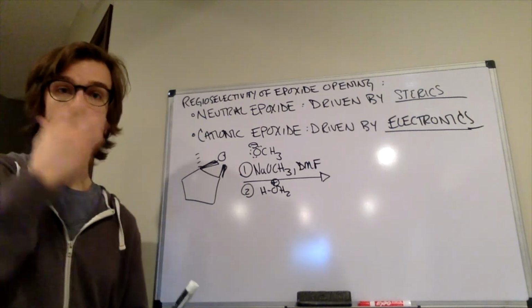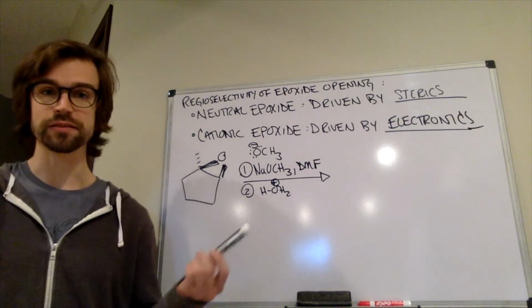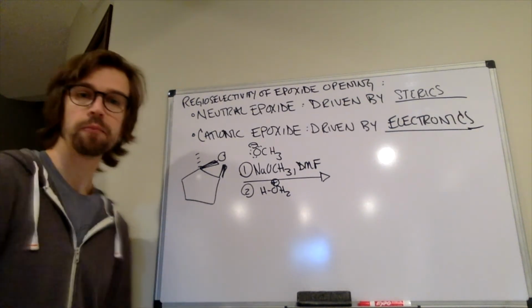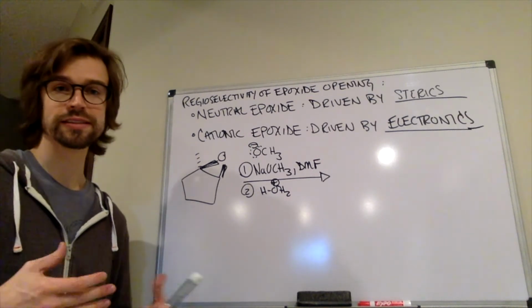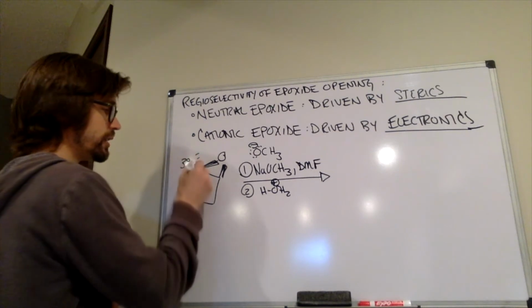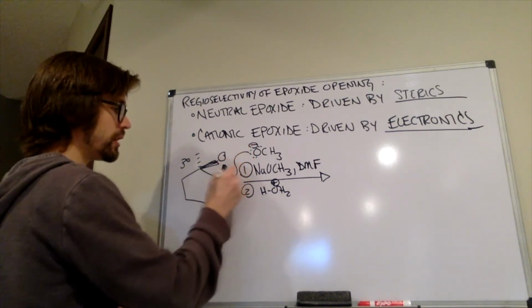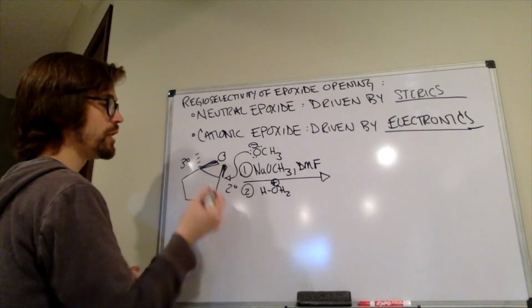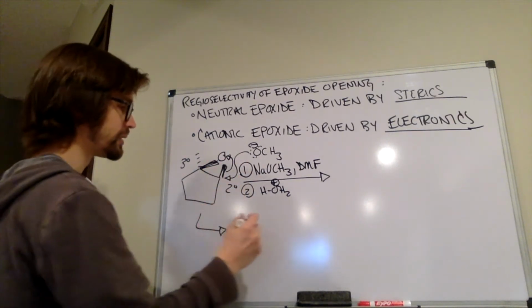That strong nucleophile could add to either partial positive side, the negative flows to the positive, but it's not going to add to the side that's harder to get to. It's going to go to the side that's easier to get to. This side is kind of a tertiary position, and this is a secondary position. So this methoxide is going to add to that secondary position, opening up this epoxide ring,